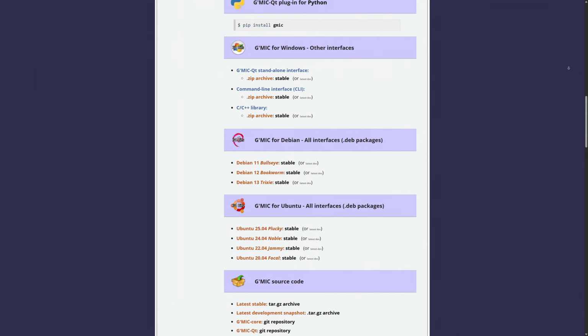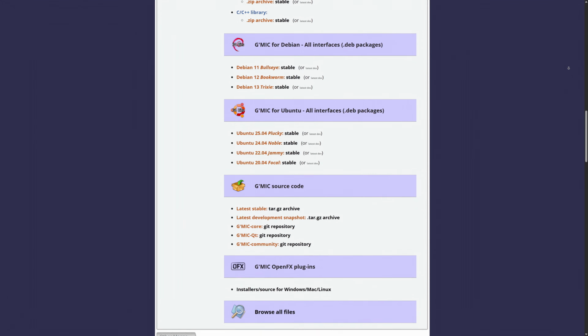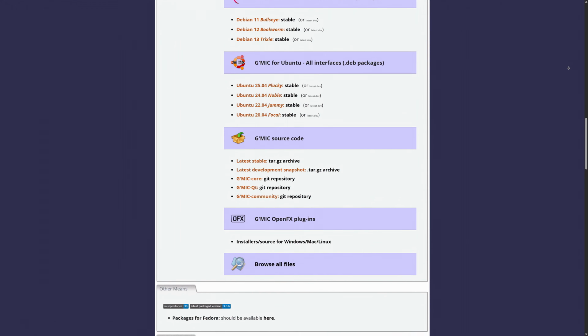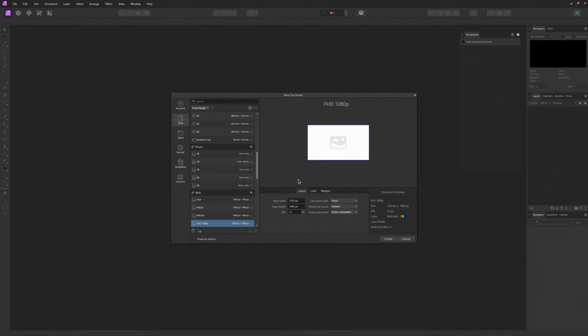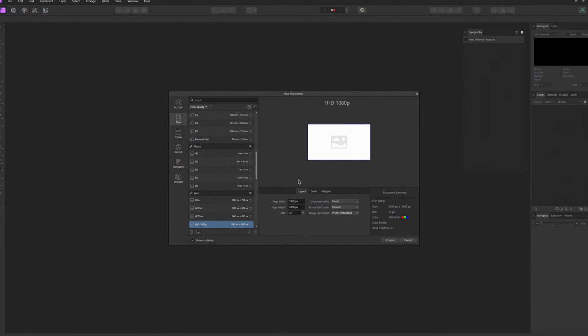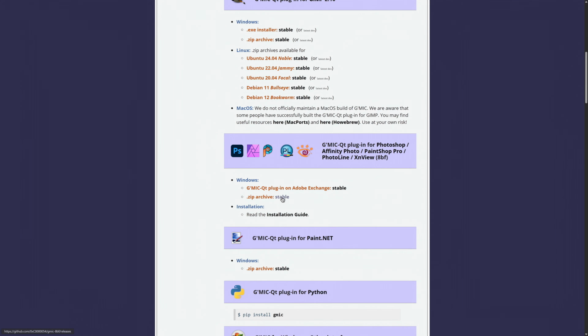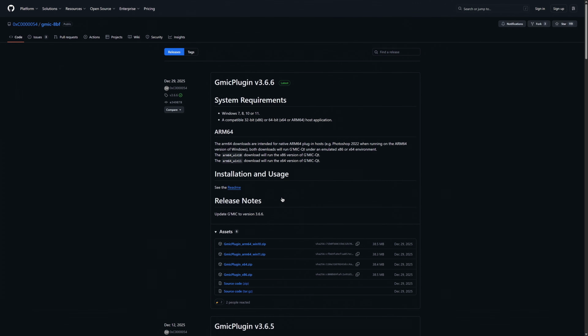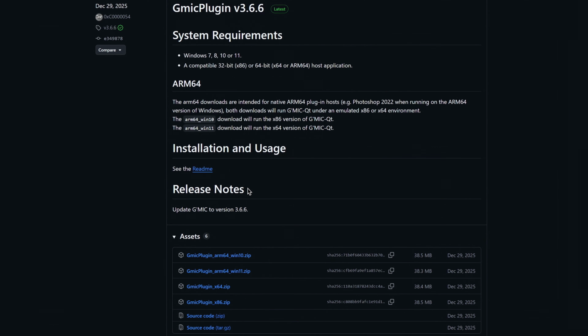As I don't have access to a macOS system currently, I sadly can't test this myself, but I wanted to let you know. No matter if you're installing it for Affinity V3 or Affinity Photo V2 or V1, the process is pretty much the same. First, you have to download the right version of the Gimmick plugin from the GitHub page, which I will link in the description. From the latest release, you simply have to download the zip archive that matches the architecture of